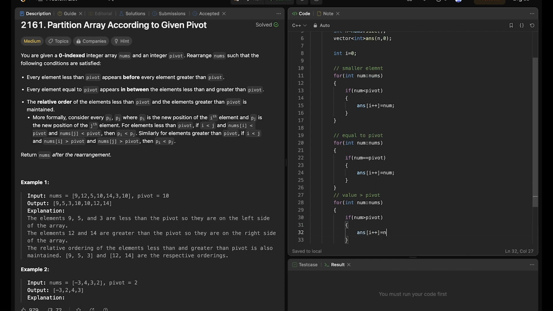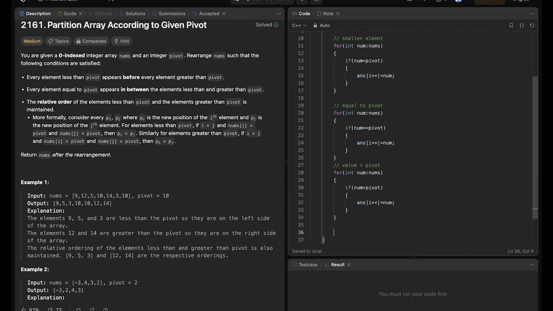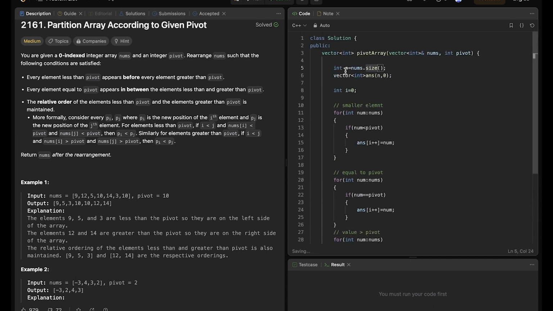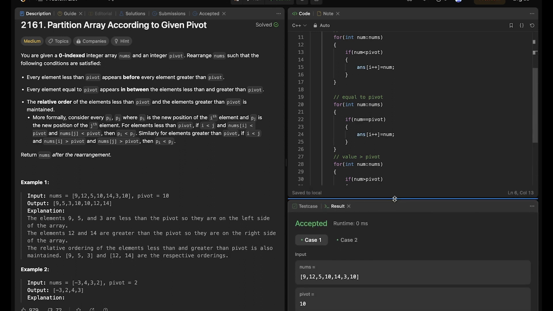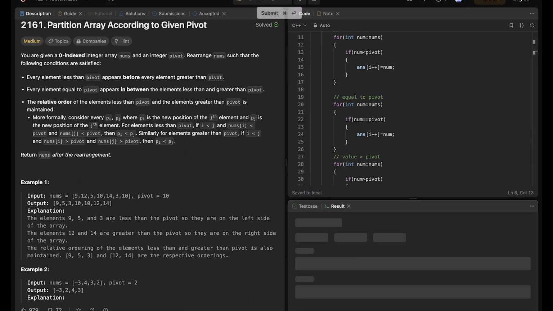Okay, at last what we have to do is return the vector that we have created. So let me run the solution. Okay, this is accepted. Let me see if this is submitted or not.